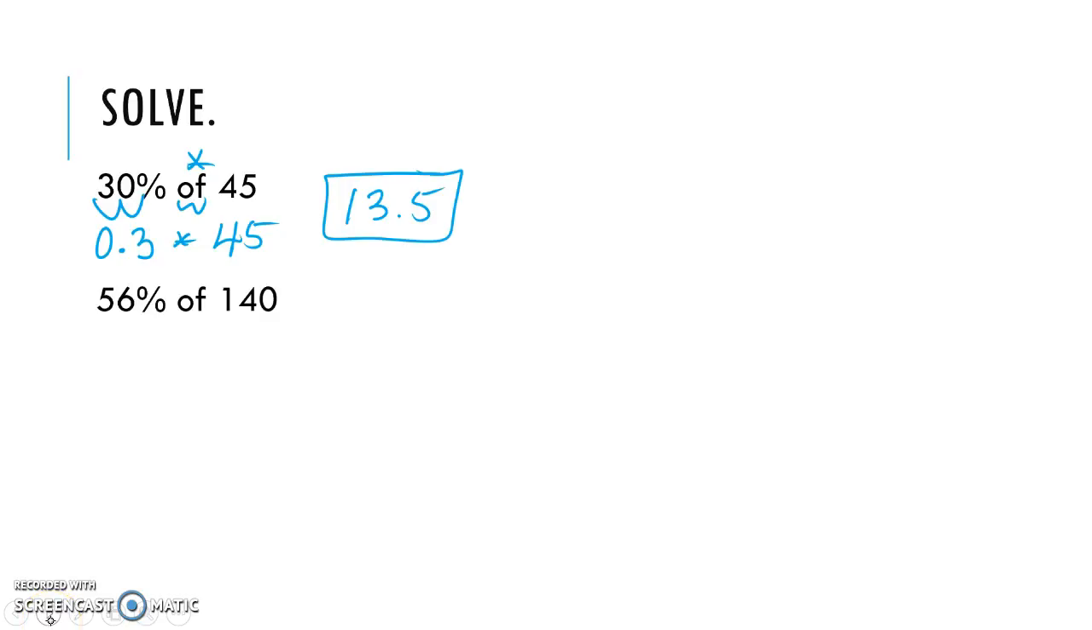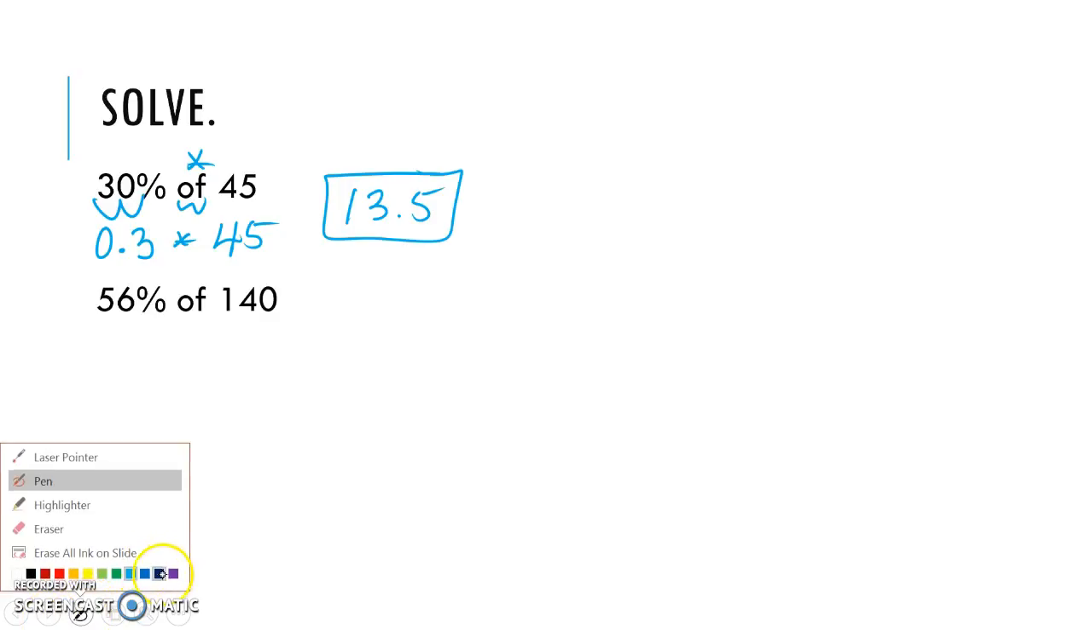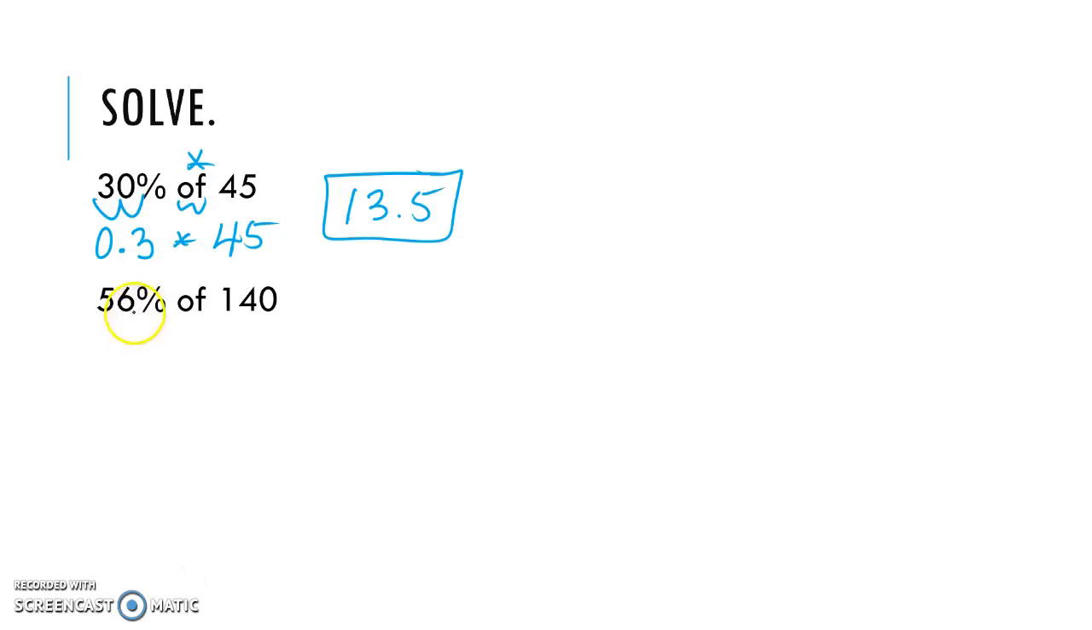Our next problem is 56% of 140. So again, we're going to take that 56% and change that into a decimal. So that is 56/100ths. Of means multiply, 140. So we have to take that 56/100ths, multiply it by 140, and once we get that all lined up, we should get 78